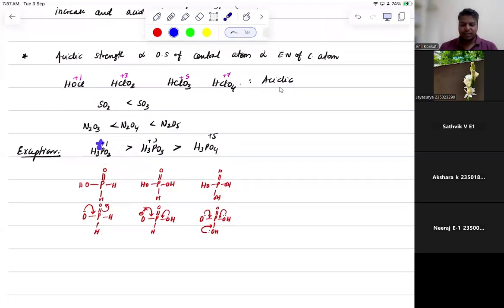Although this has lower oxidation state, this is more acidic compared to H3PO4. This is the acidic strength. So H3PO2 will have more acidic nature compared to +3 compared to +5. Here because after releasing this one H plus,